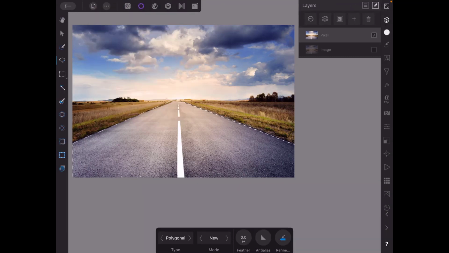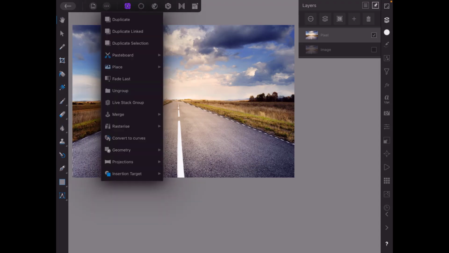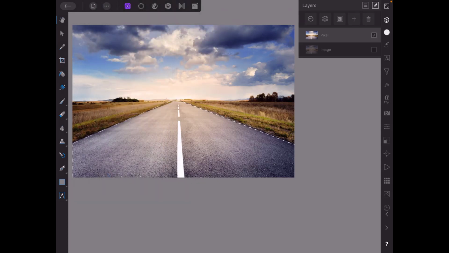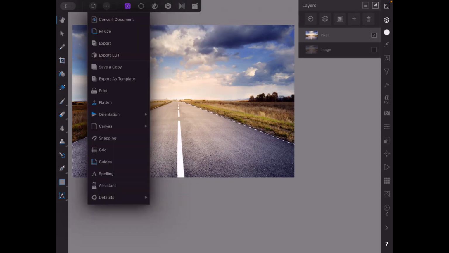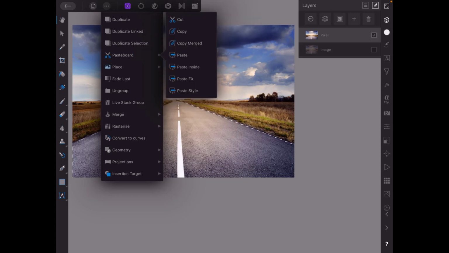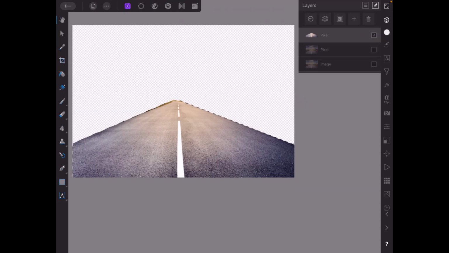What I've had to do is come back to the photo persona and then come to the pasteboard and click copy, and then come back to the pasteboard and select paste, and if I turn off that layer there, as you can see, I've got just the road on